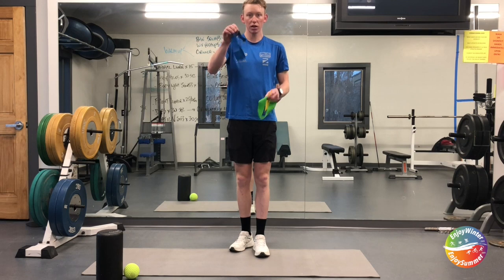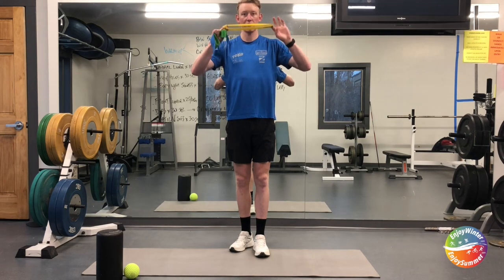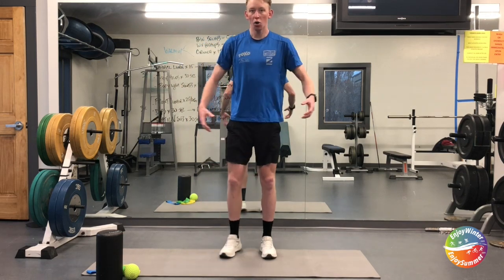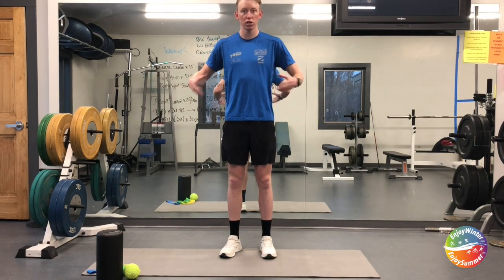I've got a thick-ish blue band, a medium thick green band, and then a not very thick yellow band. But this activation is just gonna help us get our hips firing and everything kind of loosened up and working